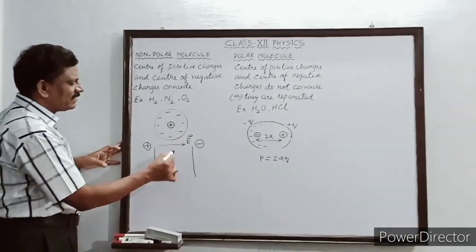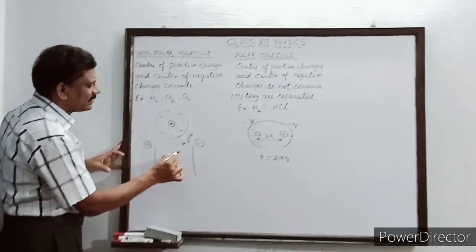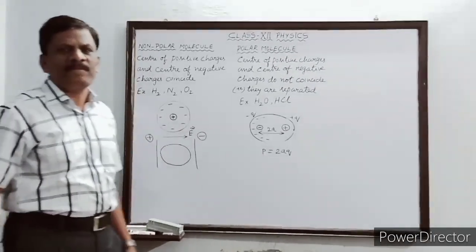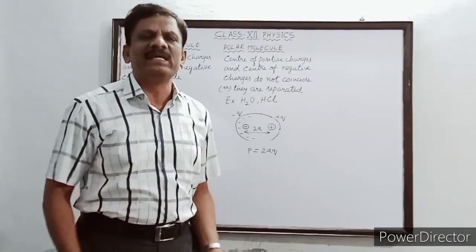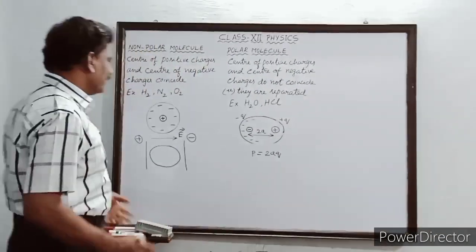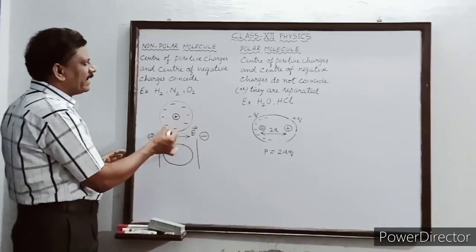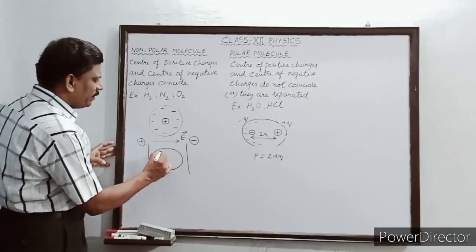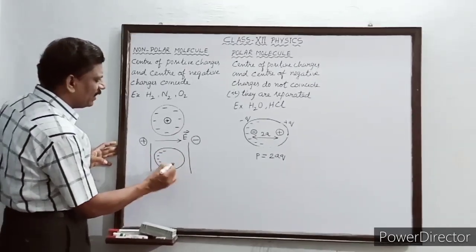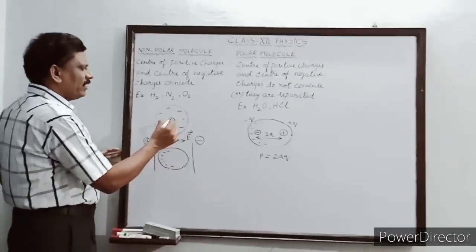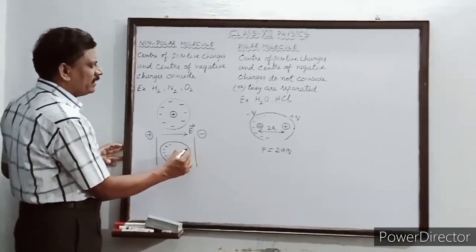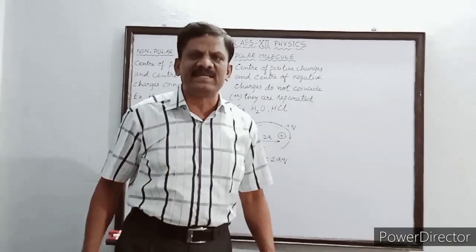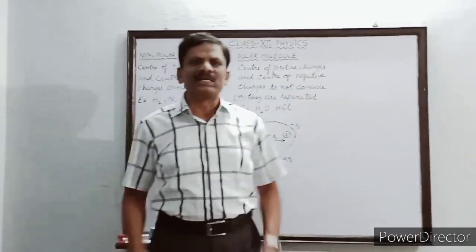Inside this, if I place this molecule, then it will be displaced. It will change its shape. The molecule will be disturbed by the electric field. As a result, what will happen? All these negative charges present inside the molecule will be dislocated from one point to the other, and all these positive charges also will be dislocated. Can you all understand? There is a redistribution of charges inside the molecule. That is very important to be noted.